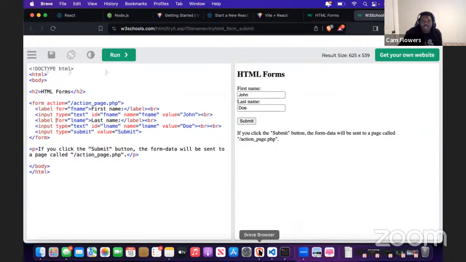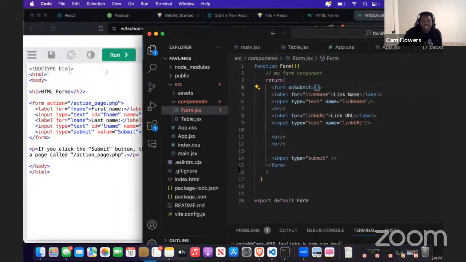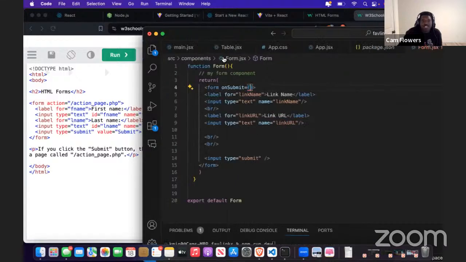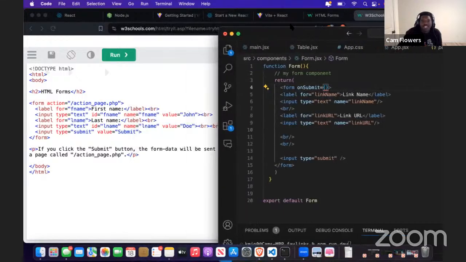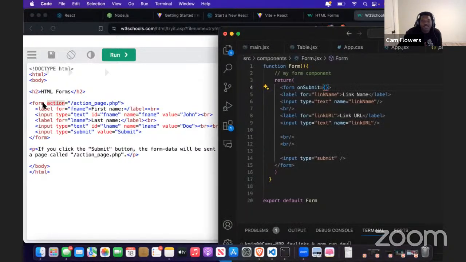Matter of fact, I could probably pull it up on the side here and show you that it's kind of one-to-one in that capacity, right? So we have the form, we have a form, right? Label input, label input, label input, label input. Even got the break tags, right? There is a one-to-one correlation between what we have to do in HTML with what we have to do